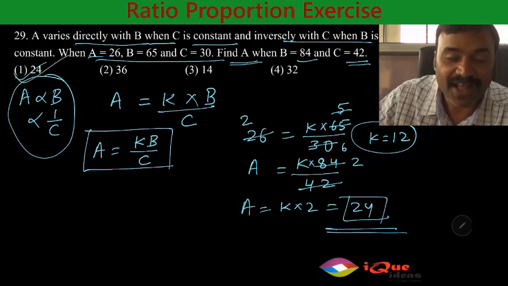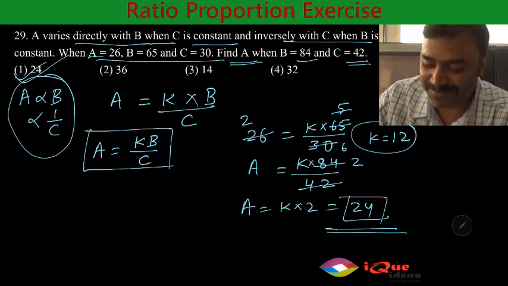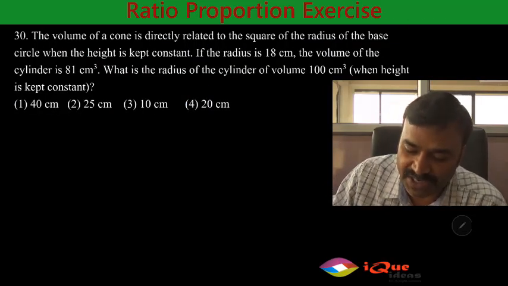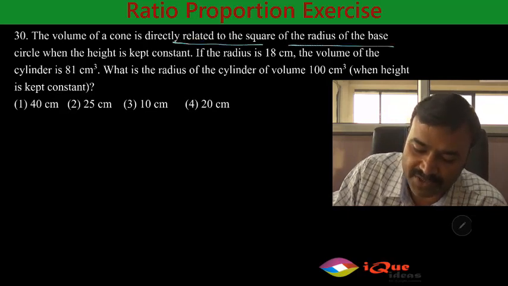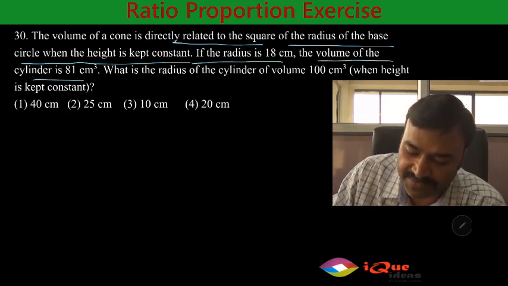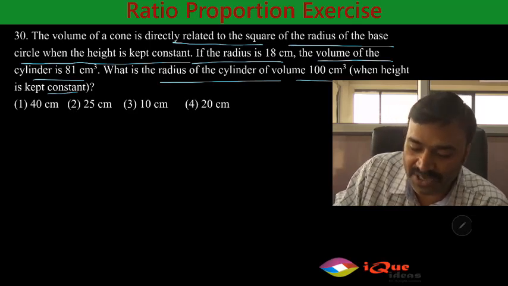Let's go to the last question of this exercise. As usual, last question is very nice because we end up with the exercise. Now this question also is based on the concept of proportionality. It says the volume of a cone is directly related to the square of the radius of the base when height is kept constant. If the radius is 18 centimeter, the volume of the cylinder is 81 centimeter. What is the radius of the cylinder of volume 100 centimeter cube when height is kept constant? Alright, so height is always being constant. That means we only have to consider